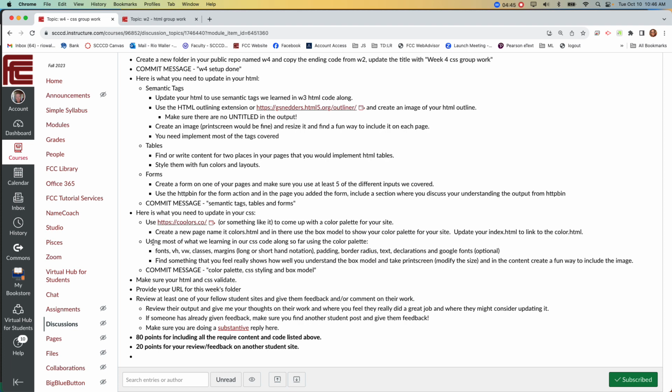Okay, so then using most of what we learned in our CSS code along so far, implement and use your color palette now. Go through and use fonts, vertical height, vertical width, classes, margins, paddings, right? So have fun, implement this, and really, it's not that it has to look